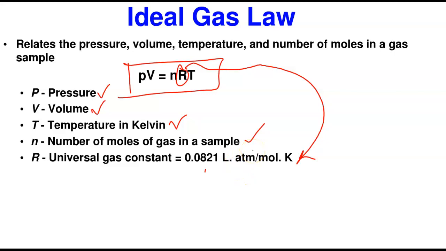And for you to apply this particular formula in doing gas problems, your unit of volume must be in liters, your unit of pressure must be in atmospheres. You have to convert, if you have the mass, you have to convert it to moles, and the unit of your temperature must be in kelvins if this formula is going to work for you. This formula can be manipulated to other units, but at the level of this class, we're going to be sticking to this particular unit and this particular value for our gas constant.